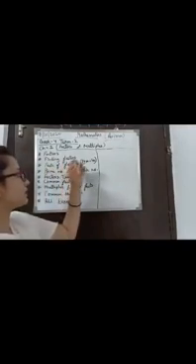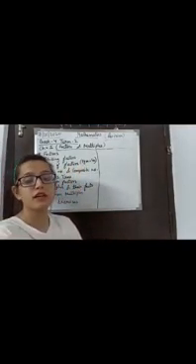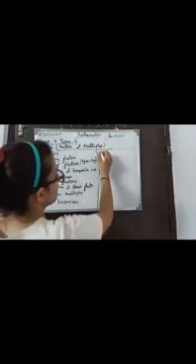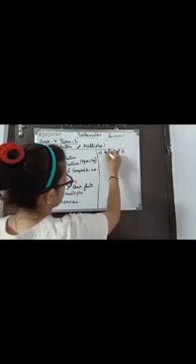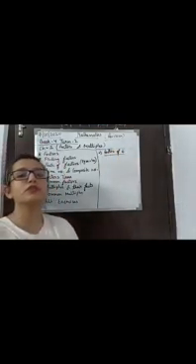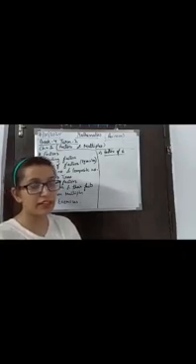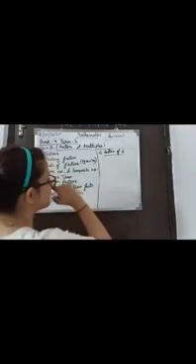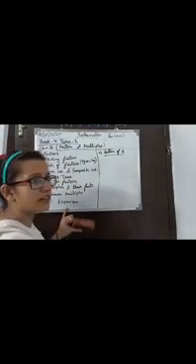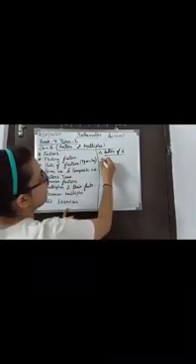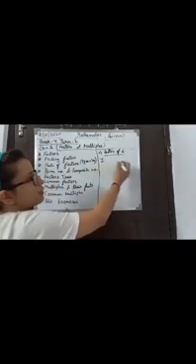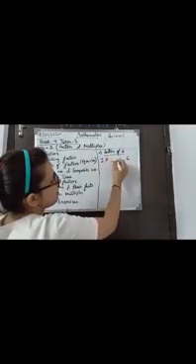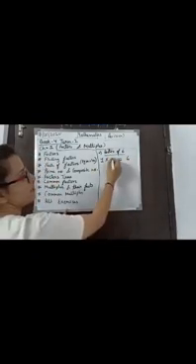Now the next topic is finding factors, that is how to find the factors of a given number. For example, if we find the factors of 6, we can use two methods. The first one is the multiplication method and the second one is the division method. In the multiplication method, we take 1 and find by which number we multiply 1 to get 6 as a product. That is the number itself, 6.